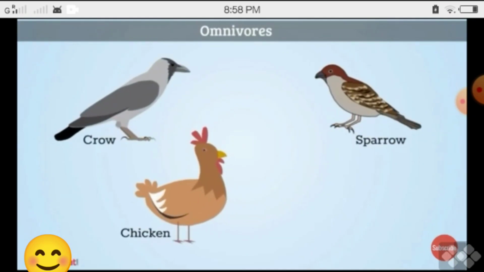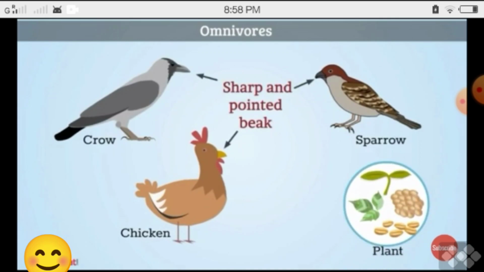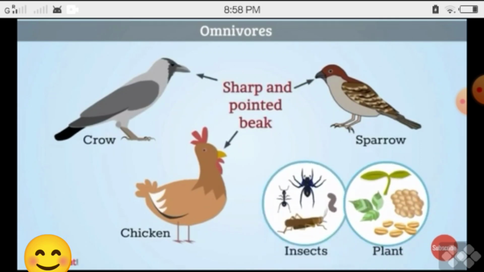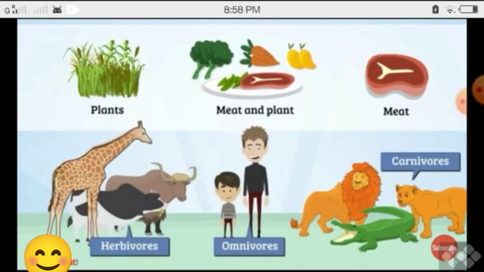Omnivorous birds have sharp and pointed beaks for eating both plants as well as small insects. Besides these three main categories, there are other animals such as